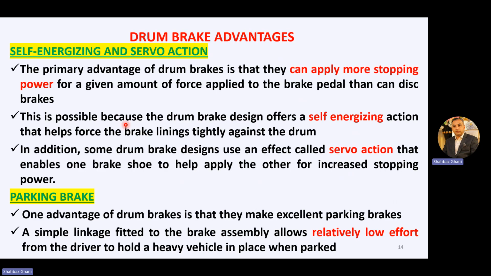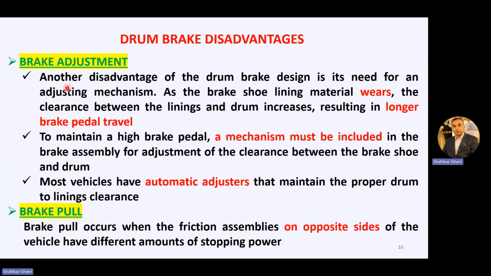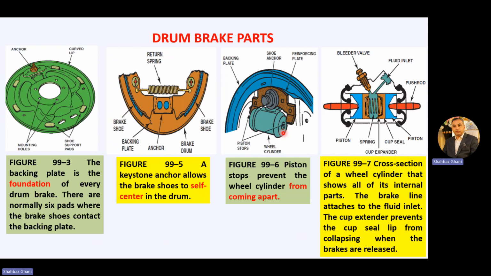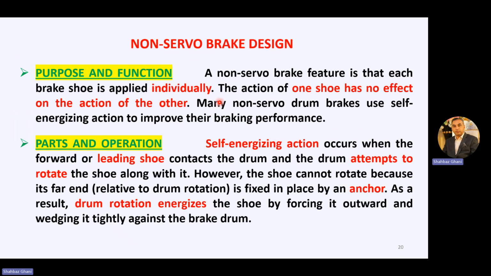Then we talked about the drum brakes advantages, the self-energizing and servo action, and parking brakes. Then the disadvantages of the drum brake and brake fade. In fade, we have 4 types of fades: mechanical fade, lining fade, gas fade, and water fade. Then brake adjustment and brake pull. Then we talked about the different parts of the brake, drum brake, then non-servo brake design,